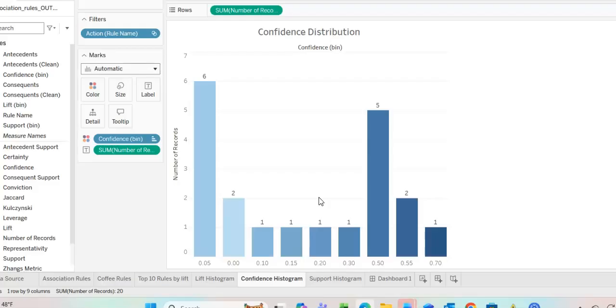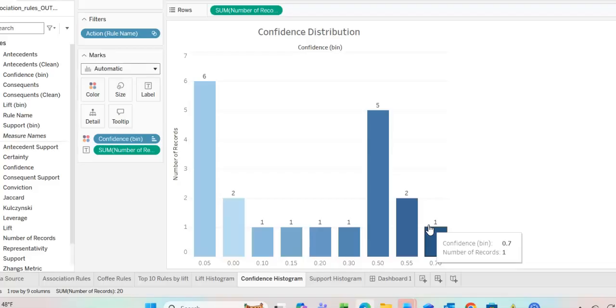Some rules have confidence levels from 0.05, 0.1, 0.15, 0.2, 0.3, up to 0.50, 0.55, and 0.70, indicating that some rules have confidence levels between 0.50 and 0.70, indicating strong reliability